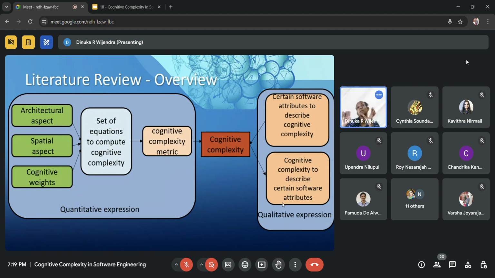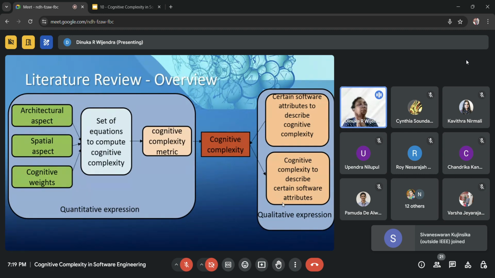When it comes to a metric, you know that it has to be a quantifiable value. So you might be thinking, how can subjectiveness be quantifiable? There we can clearly see a major drawback in the past cognitive complexity metrics. They completely removed the person factor, because the person factor is where the subjectiveness comes from.